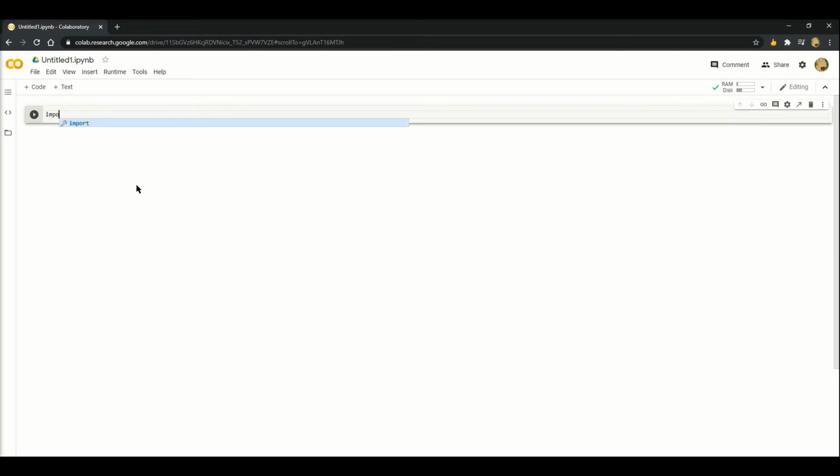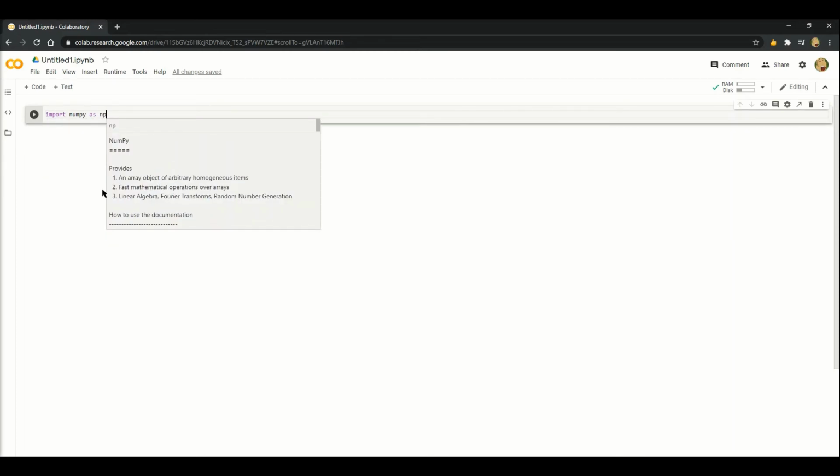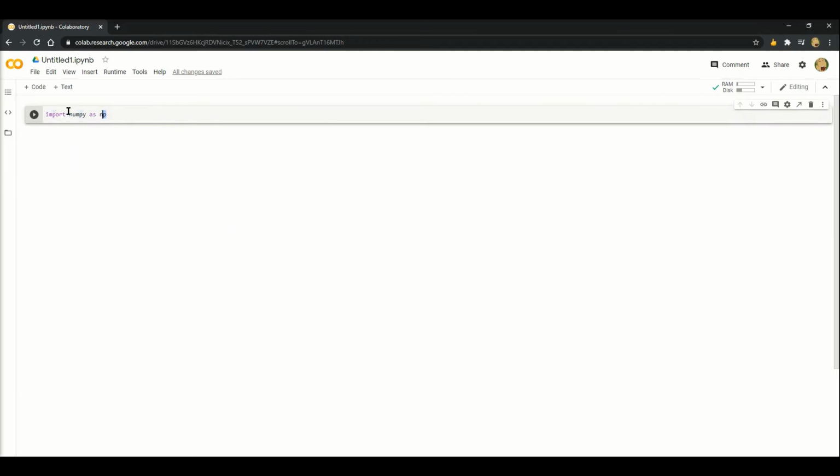So it's import numpy as np. We call it np because that's just a shorter form for Numpy, and that's what we usually use, like data scientists and people who make machine learning models and stuff like that. So we're gonna run this, and no error, so we're good to go on. Now, let's make a new cell,